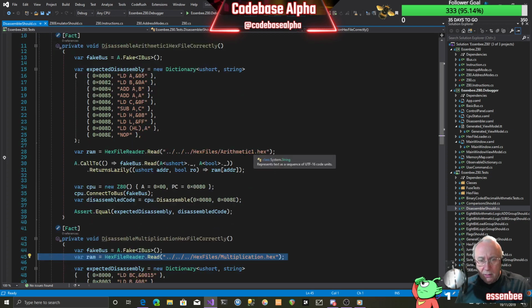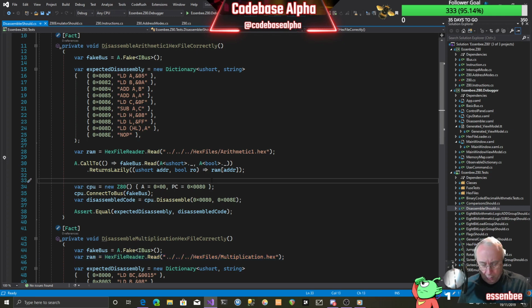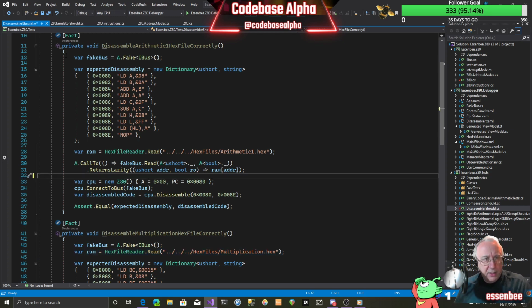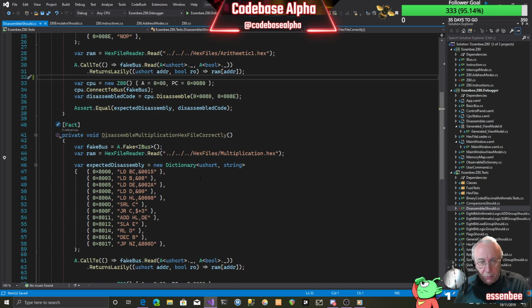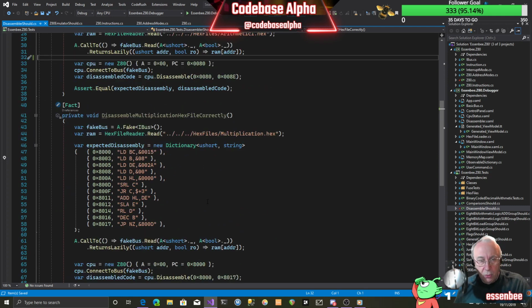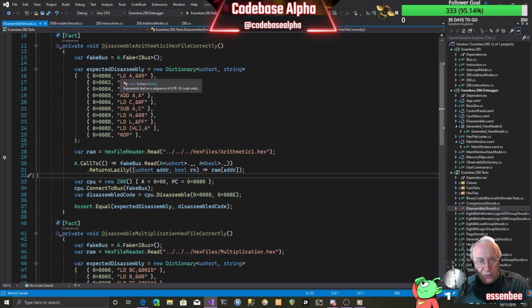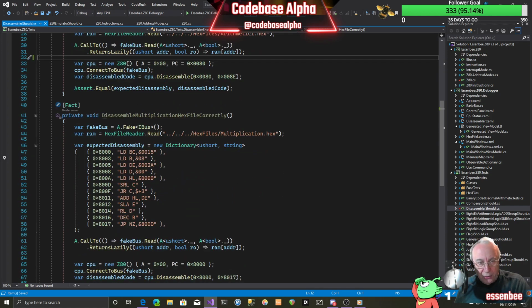I load in the machine code using our fake memory, which is going to read that fake memory, and then we disassemble it, and then we say, are they the same? And the same here with the multiplication, which has got slightly more variety. And this is just straight loads and adds and subtractions, and this one here has got some relative jumps,